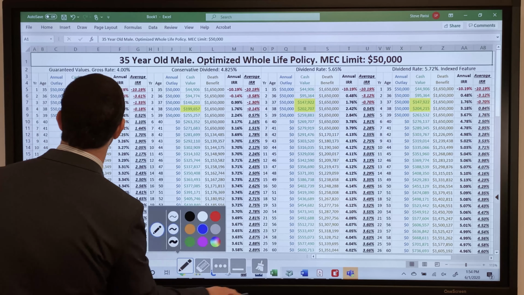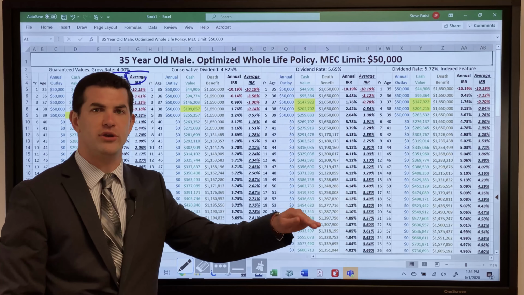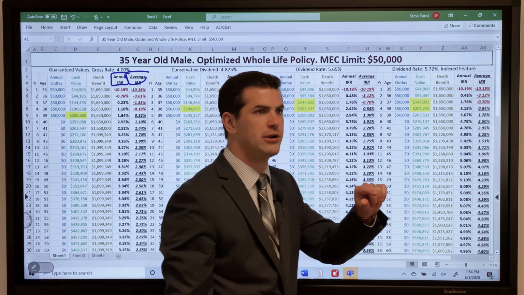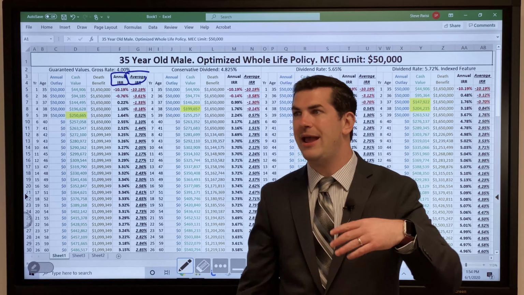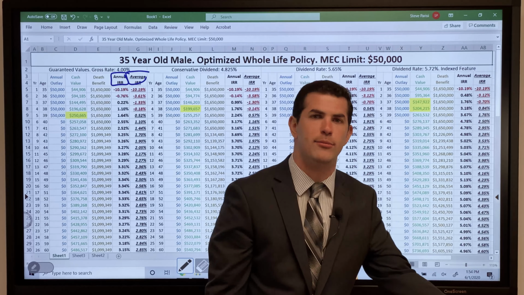So annual IRR and average. The annual represents what I am earning year over year. So that particular year, if I'm going to say, hey, I earned 8% in the market this year, or the S&P in 2019, S&P 500 did just about 30%. Well, if I want to look at a specific year, you can do the same thing with a policy or any asset for that matter. So this shows, based off the worst case scenario guarantees, the policy tops out a little over 3.25, 3.34 at its height year over year.